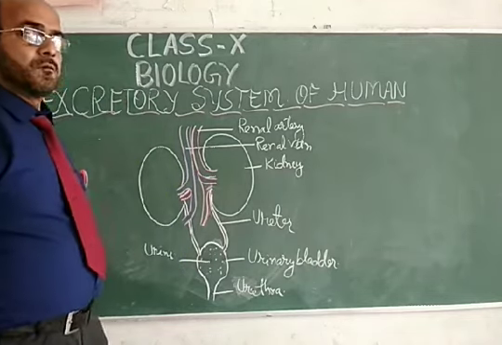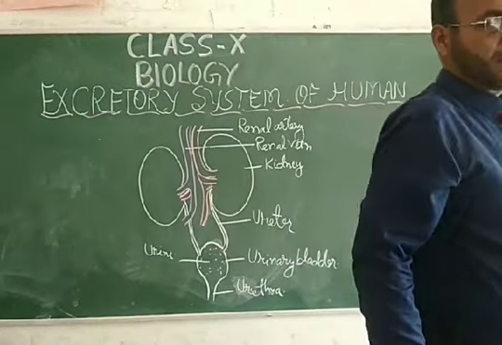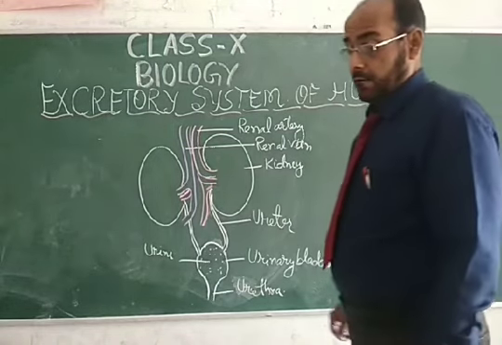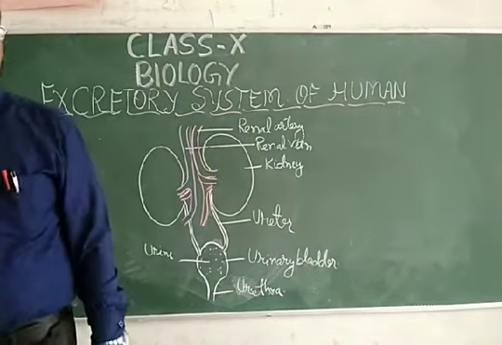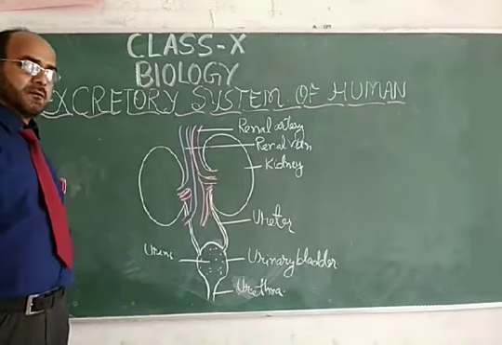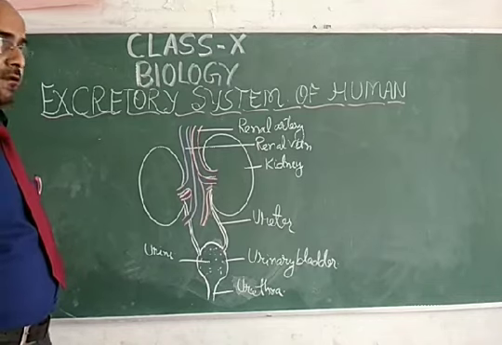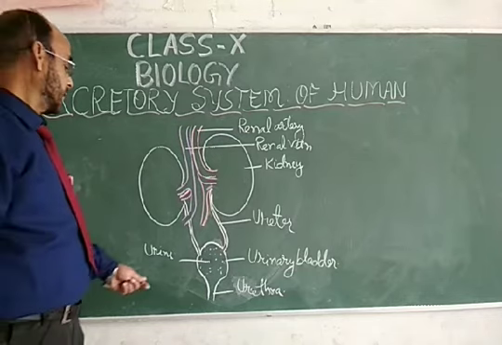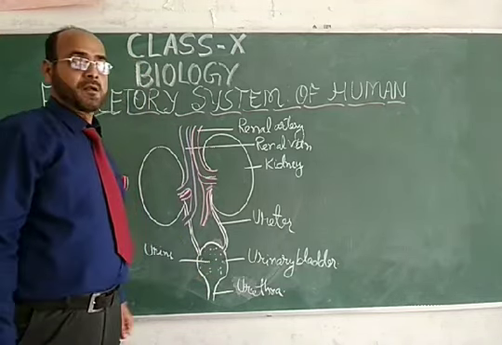And my dear students, in the human body, urea, uric acid and urine are the excretory materials. Urea is produced due to the metabolic activities in the body, which gets converted into uric acid during blood transport, and in the form of urine along with excess water, it gets excreted through the urethra, after being collected into the urinary bladder.